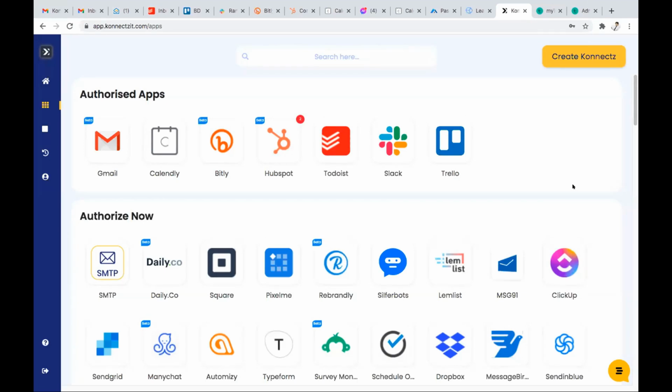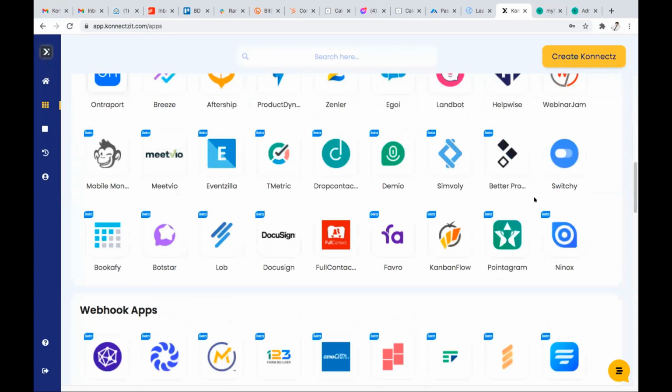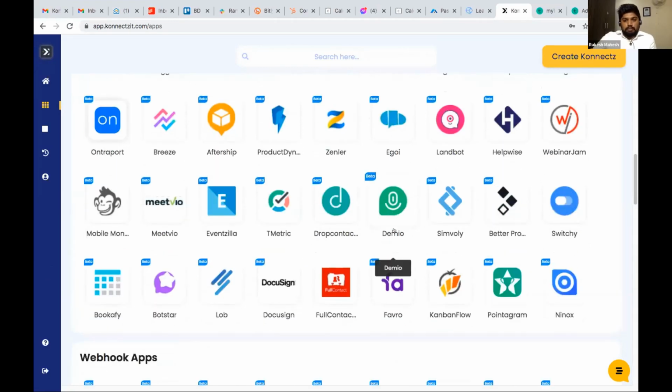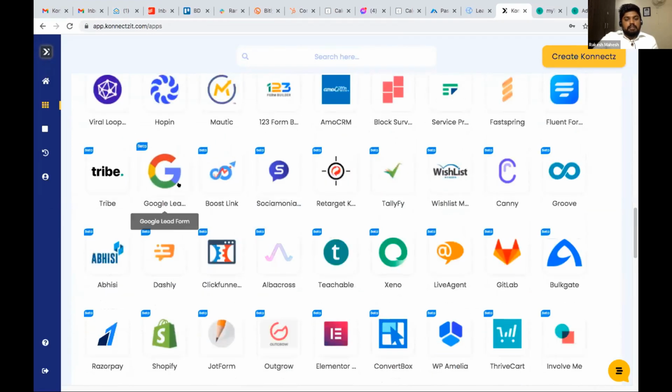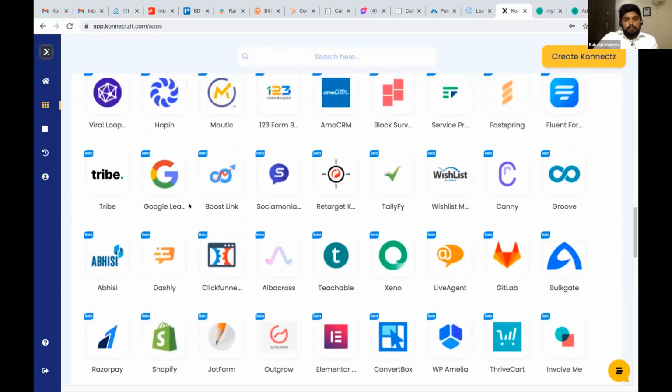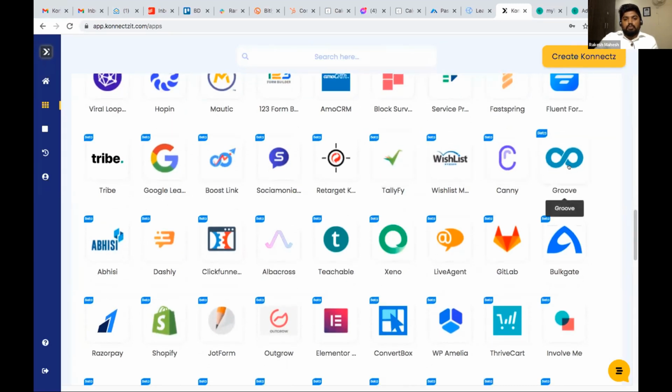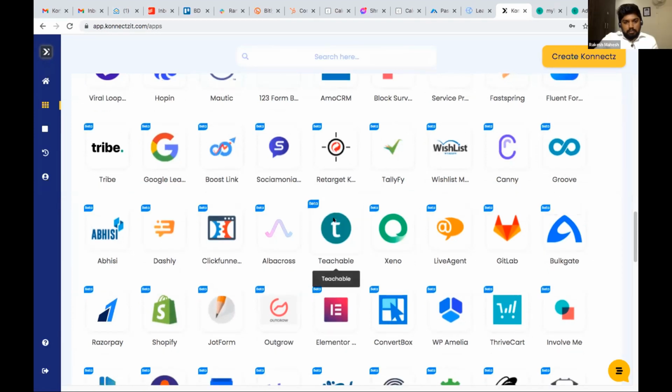Cool. Anything in terms of the apps that you're supporting right now for WordPress? For example, do you support Fluent Forms or Gravity Forms? Yes, we have all these apps. I can show you, Viral Loops is one of them. We have Groove Forms, Fluent Forms, and also Gravity Forms.